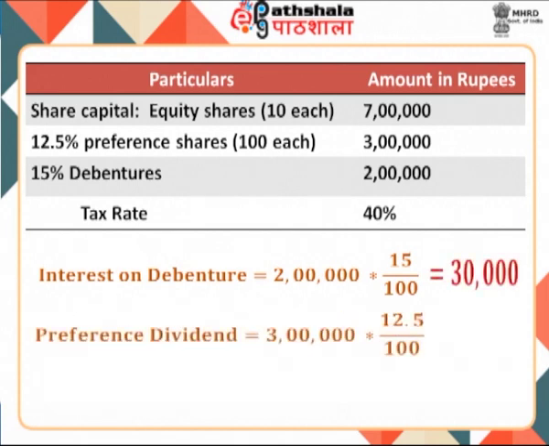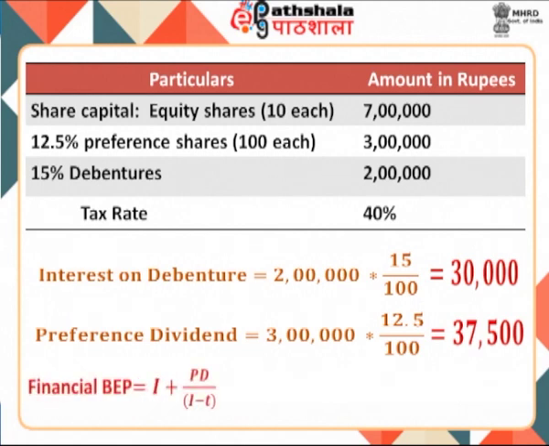Preference dividend is equal to 3 lakh multiplied by 12.5 divided by 100, which comes out to be 37,500. Thus, the financial break-even point is equal to interest, that is I, plus preference dividend, that is PD, whole divided by 1 minus T, that is tax rate, which is equal to 30,000 plus 37,500 divided by 1 minus 0.4, which is equal to